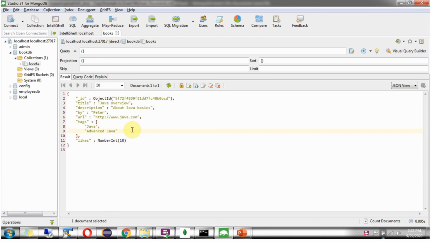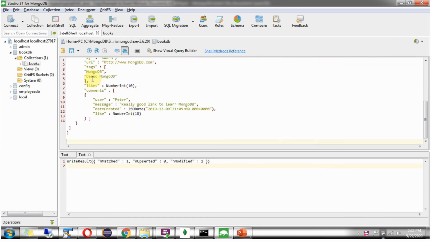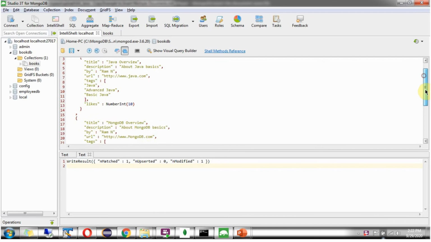Next we will see how to insert multiple documents using the save method. db.books, then the save method, then we have to specify an array of documents.